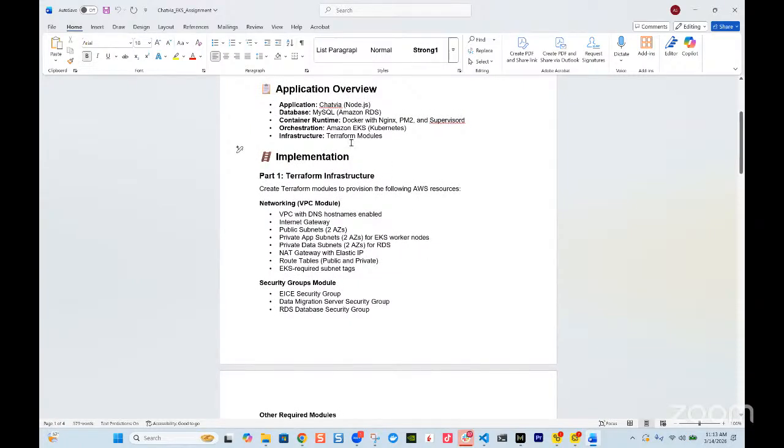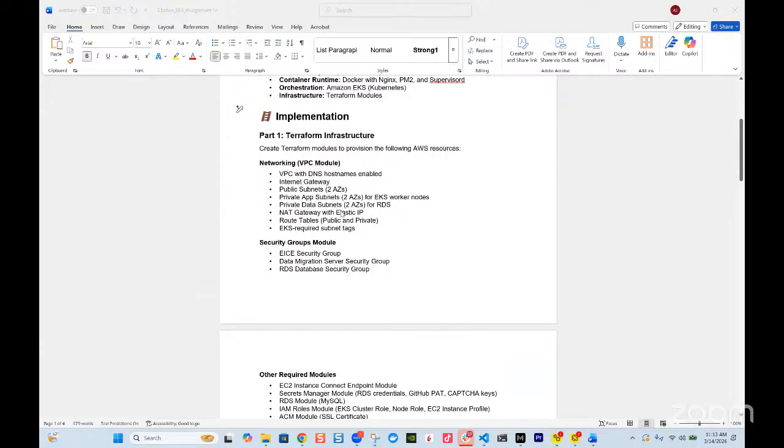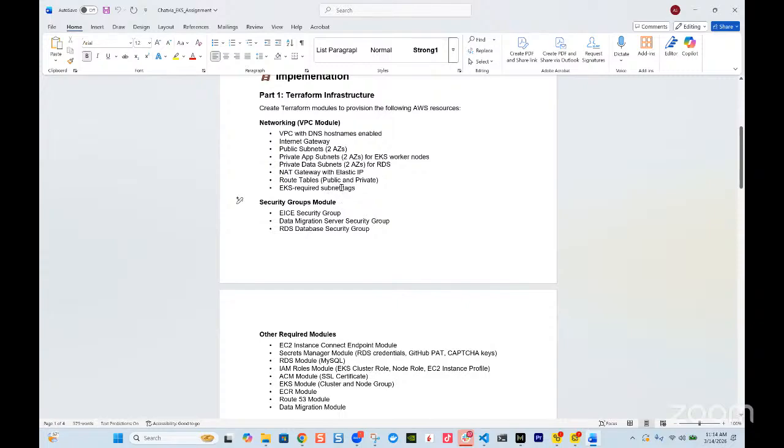All right, so here is your implementation. Your Terraform part would be your networking, all right, your VPC, your public and private subnets, NAT gateway, route table, and so on. Then your EKS. This one is just tags, so just make sure you're tagging them properly. You can probably just say tags. Oh, just remove that one.